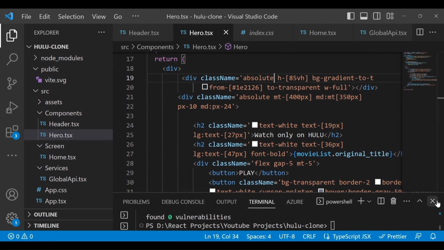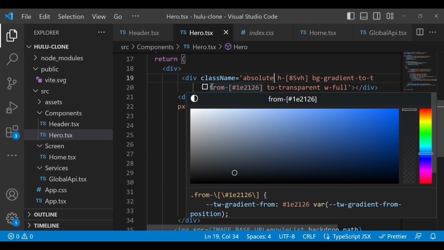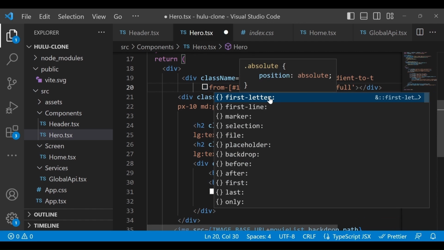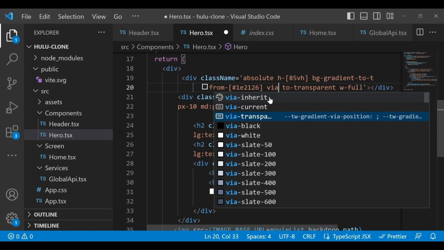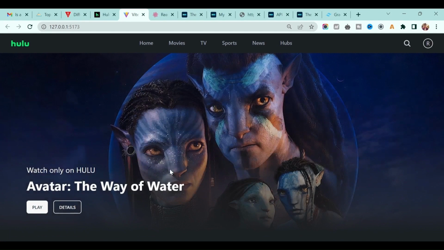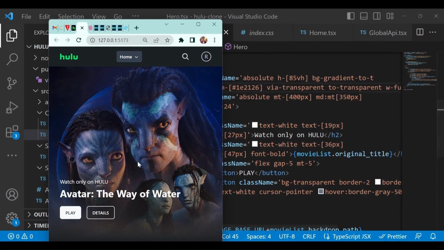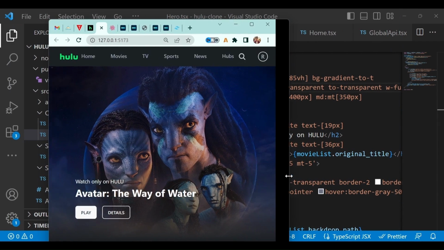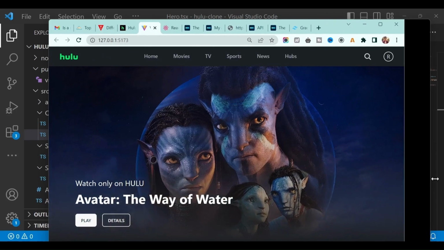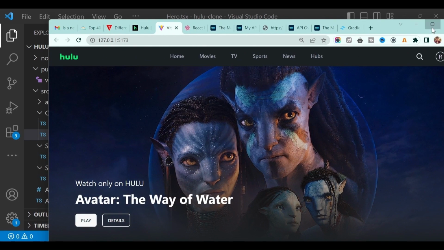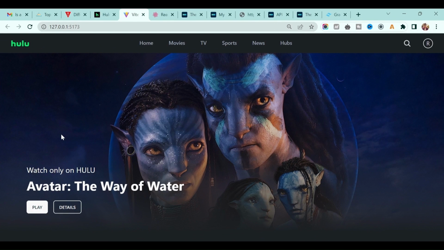and half of the image is in the gradient actually. In a gradient we have to give the from color and the to color, but you can add some color in between, like via, through which color you have to reach the end color. So via I will again say transparent, and then you will see the difference. Okay, you see, perfect. Even if you change the screen size, the gradient effect will automatically be responsive, and also the text size you will see is changing, right? Perfect. I hope you understand this one, right?